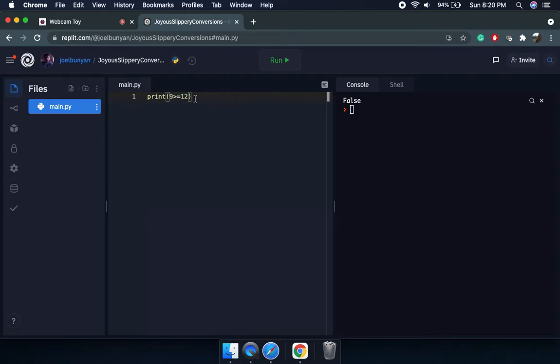So if either of these conditions is true, it returns true, and if both of the conditions are false, then it prints false. So this is how it works. In this case it should return false because 12 is greater than 9 and not equal to 9.